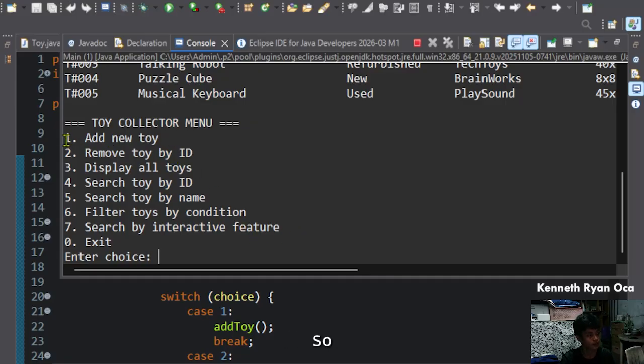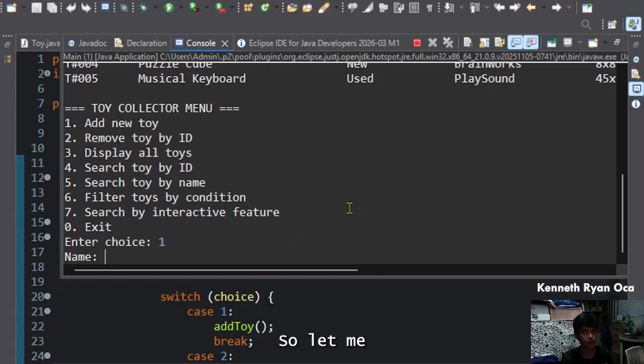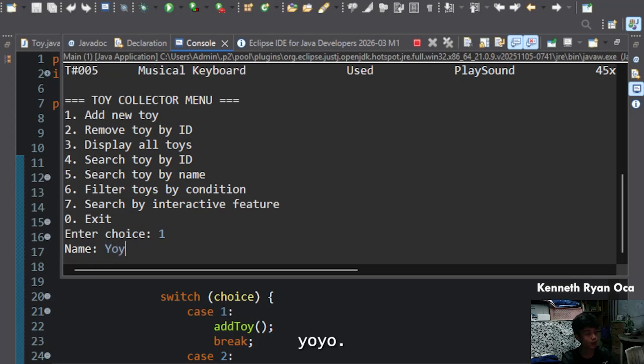Function 1, add a new toy. This part is where we're going to add a new toy. Example, it's the name of our toy. Let me enter something like yo-yo.